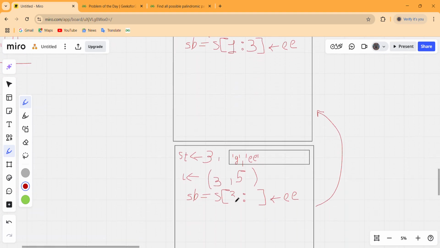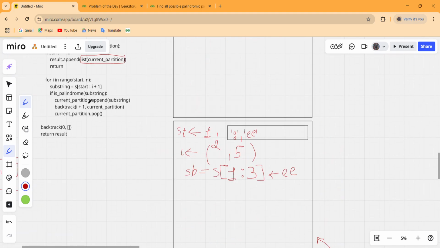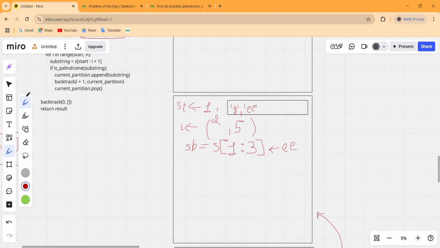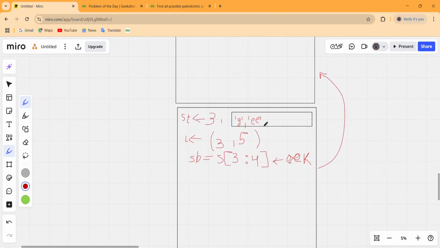So this will receive 3 till 4, and as we can see, S of 3 till 4 is only this K, so this will receive K, and this K is a palindrome in itself. So this if is true, so we have to put that inside our current partition. So let us put this inside our current partition here,